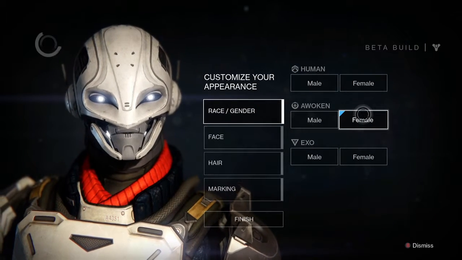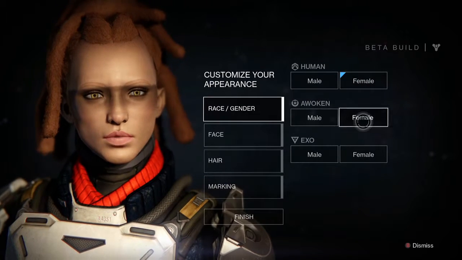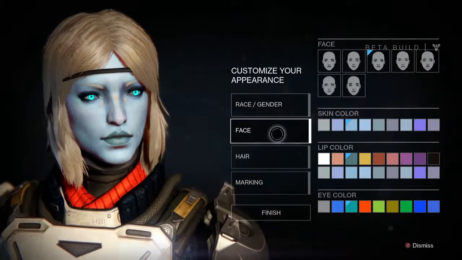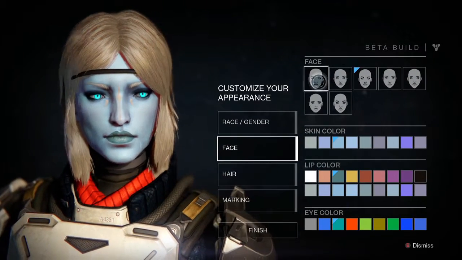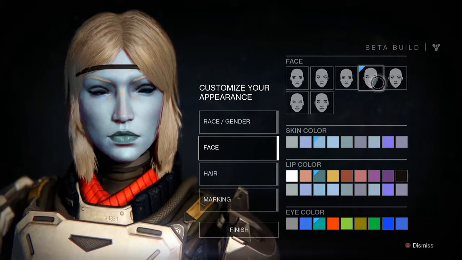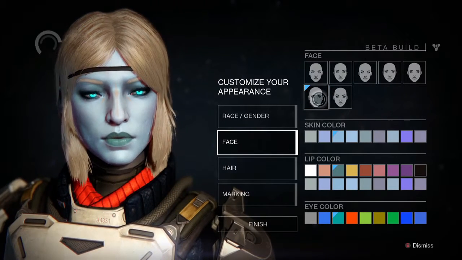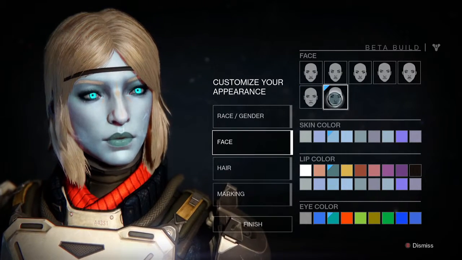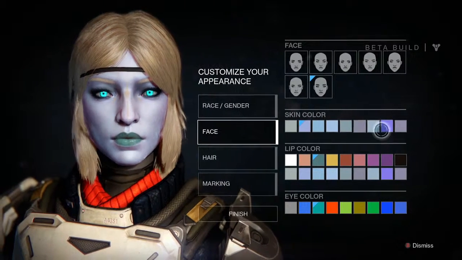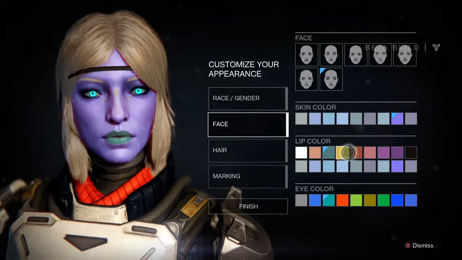I just thought I'd show you that you've got your male and your female of human, awoken and exo. You can play any class in any race, and all the options are the same, so you can customize your face, skin color, lip color, eye color, all that kind of stuff, and hair obviously. It's not hugely customizable at the beginning, but as you play through the game you will get more stuff unlocked